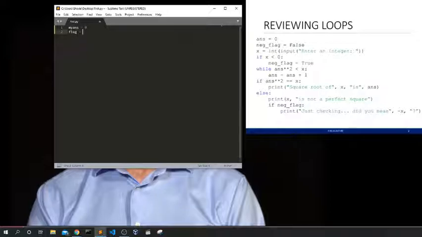Flag equals false, and false has to be a capital letter. The F has to be a capital letter. I don't know why, it's just Python.